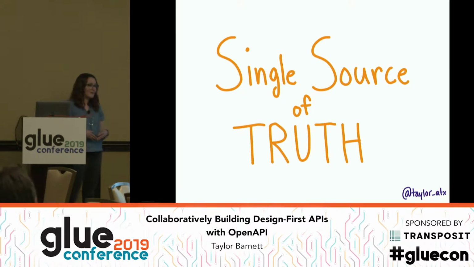When I first started using specifications, that was not something I was introduced to, because to me it was just API reference documentation. A very common wordy definition of single source of truth is the practice of structuring information models and associated data schema such that every data element is stored exactly once. I think it's a super wordy way of calling it a contract, something that a group of people agree on and that we work around. To some users, right now, that might be API reference docs, whether those are accurate or not, which we can talk about. But we need to find something that is our single source of truth across many APIs.